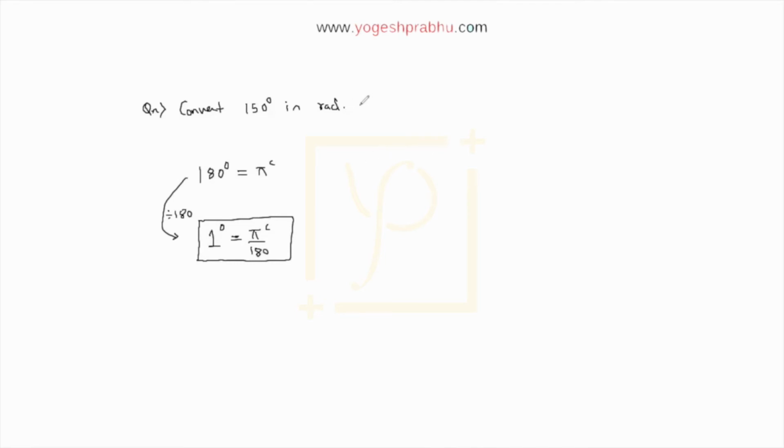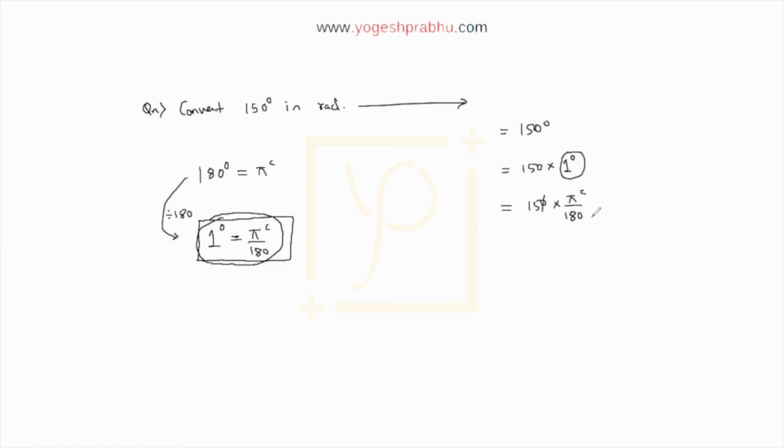Now, what do we want to do? We want to convert 150 degrees, right? So I can write it like this, 150 degrees. Can we say 150 degrees is equal to 150 times 1 degree? Do you agree? If I multiply 150 by 1 degree, it will become 150 degrees. Now, I'll keep this number 150 as it is. But do you know the value of 1 degree? We just found it. What is the value of 1 degree? This is pi by 180 radians.